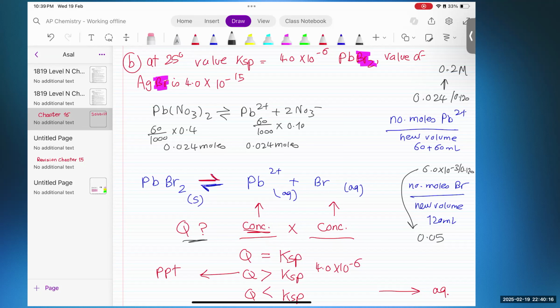I just need to check if the sodium bromide is alone or will it form a precipitate. Yeah, nothing. Just multiply them by each other like we said. So the first one is 0.20 and the second one is 0.05. Okay. When we multiply them by each other, I get